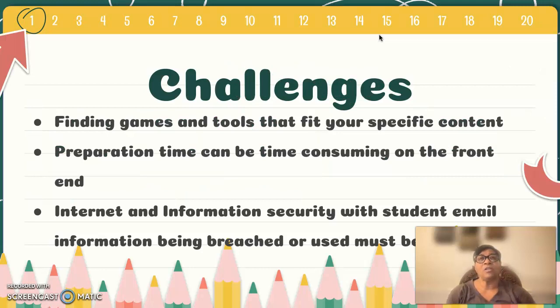Some of the challenges that we face with games in the classroom: pretty much finding games and tools that fit your specific content. Preparation time can be consuming on the front end, but once you've created your games, you have them in your library and can pull them out whenever. Internet and information security with student email information being breached or used must be considered. We don't want students' email or personal information to be sold or given or passed out